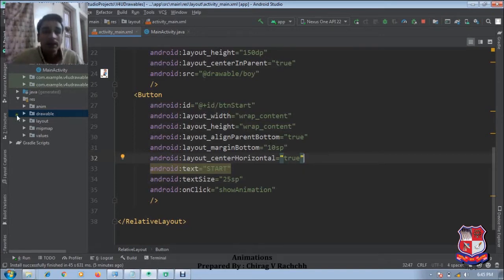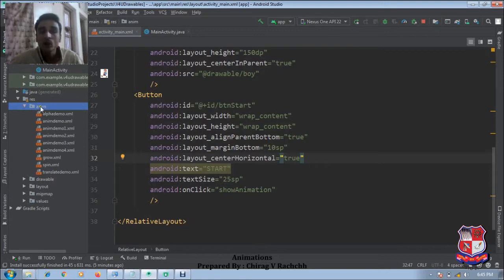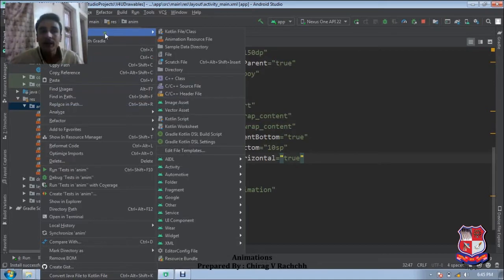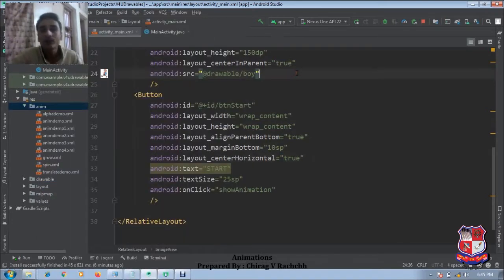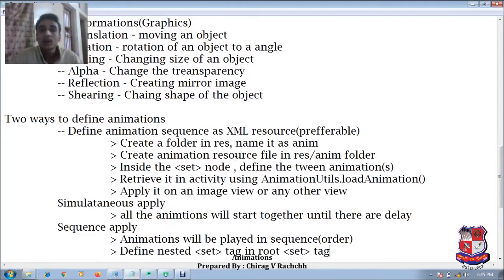our application. So if we want to define animation as an XML resource, then we need to create one folder, anim, in our res directory, and then inside this anim folder we can define an XML file. We can create an XML animation resource file which will represent one animation sequence or a single animation. Okay, so let us discuss another way which is available for defining these tween animations, and that